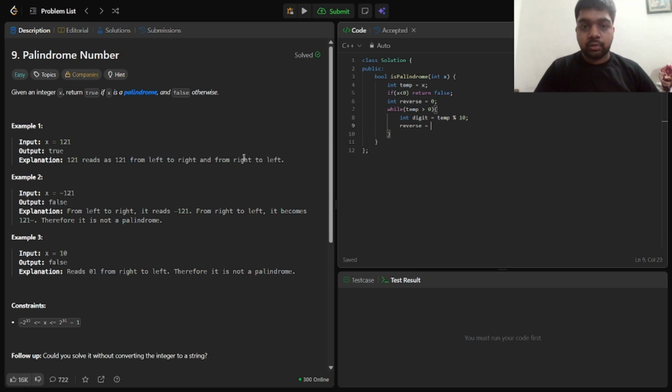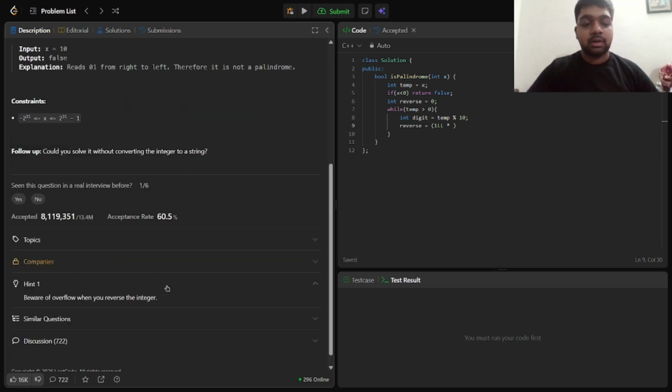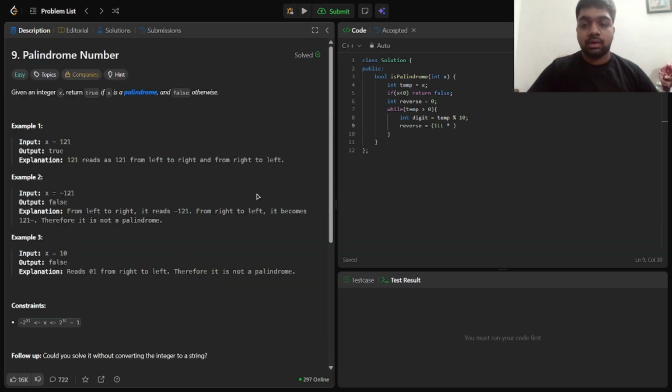Now here we have to take care of one thing, that overflow can come when adding the digits. So for that, what we will do, we will use 1LL, which is one long. We will multiply our number by this to avoid the overflow. Here you can check in the hint also, it is given that beware of the overflow when you are reversing the integer. Alright, so 1 long into reverse